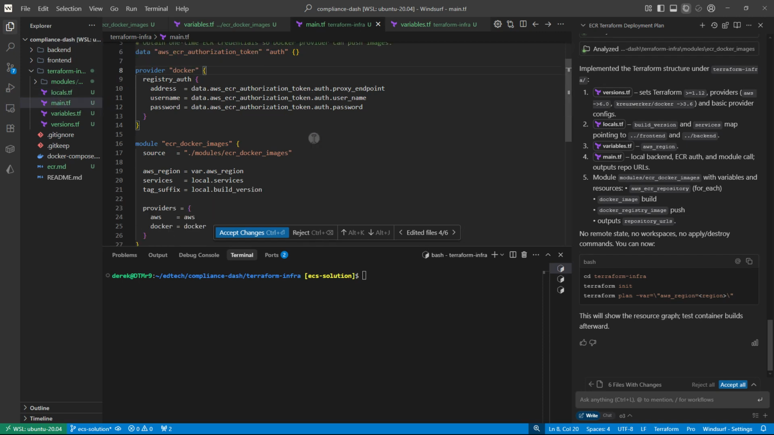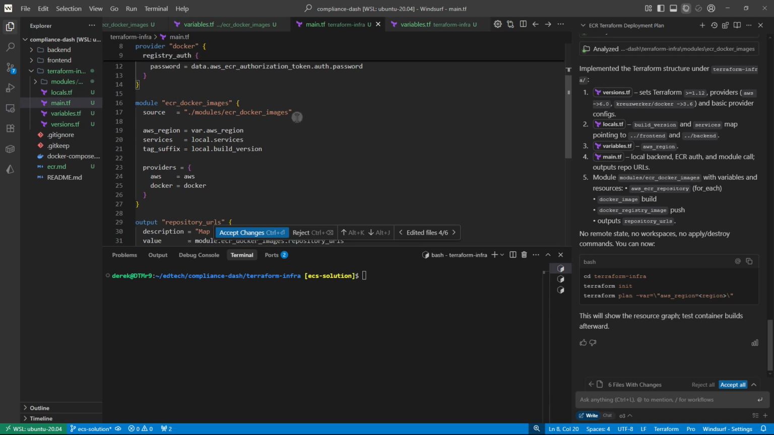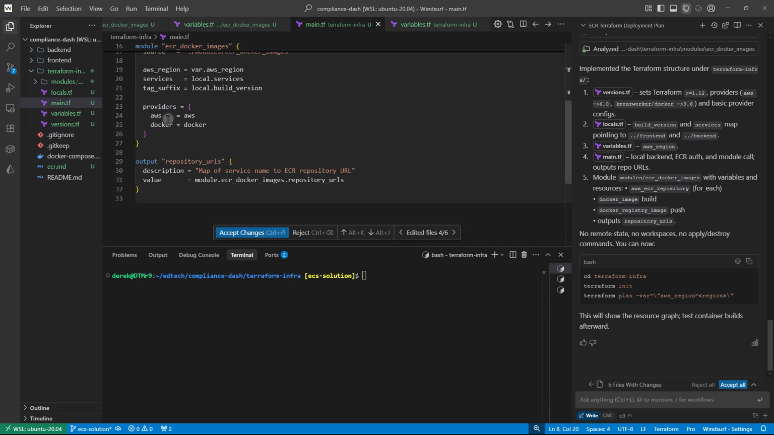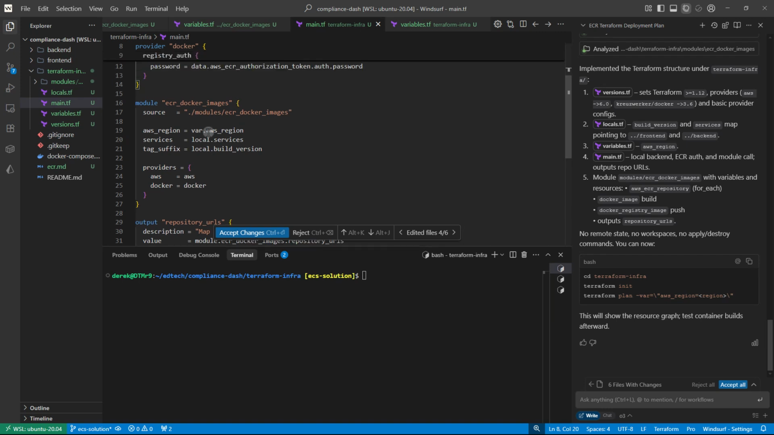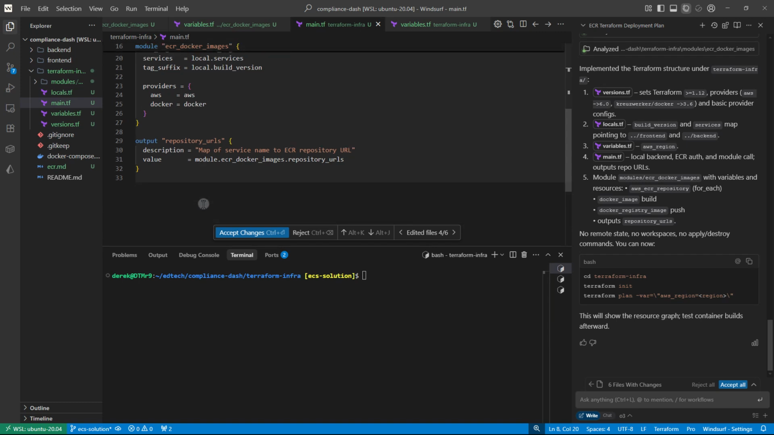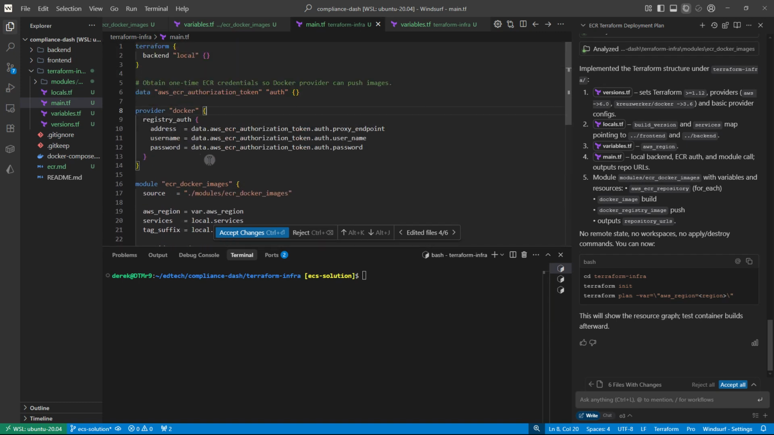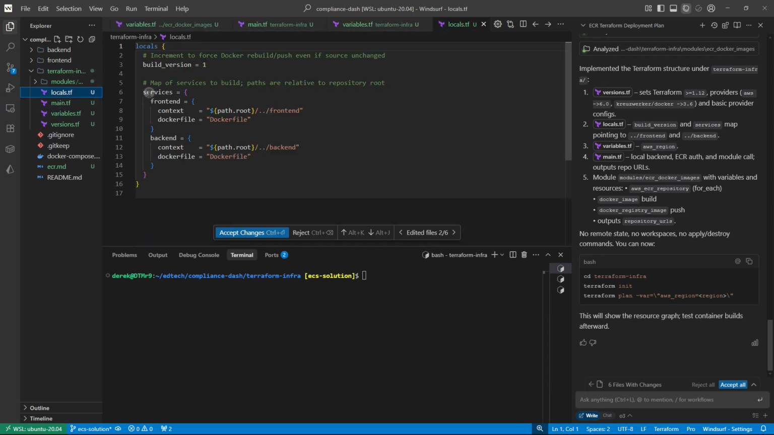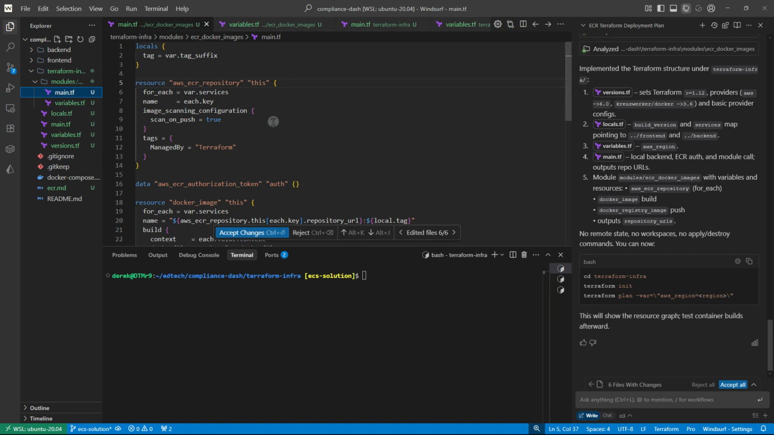Okay, so where is it defining that? Let's take a look. Main.tf. Okay, interesting that that's out here. It's probably all right. Okay, Docker images, that's cool. Providers, interesting. Okay, repository URLs. All right, local, there we go. Yep, services, front end, context. Yep, that makes sense. Docker file, cool. All right, modules, main ECR repository, this for